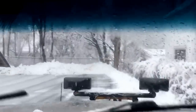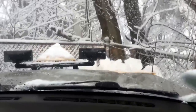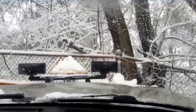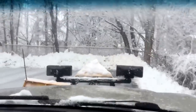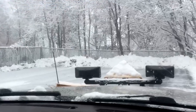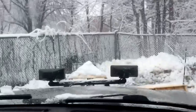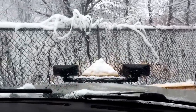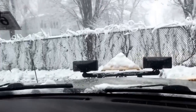Nicole's with me. You can't really be taught to plow. I mean, people can tell you how to do it, but you kind of have to just start to get a feel for it. You gotta know when to push, when not to push, how to angle it. And if it's at all possible, try and put all the snow away from wherever you're going and push it as far back as you can, because last year we had 100, 150 inches of snow, and we had nowhere to put it, and I was having a backhoe take care of all the snow. So